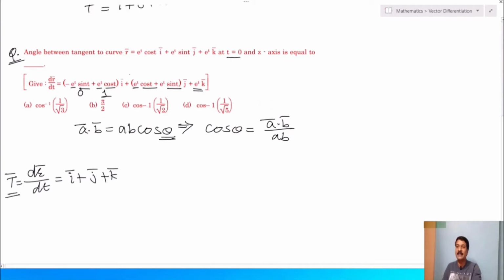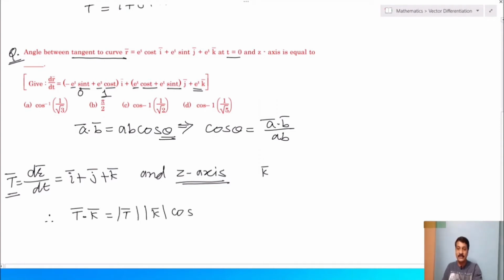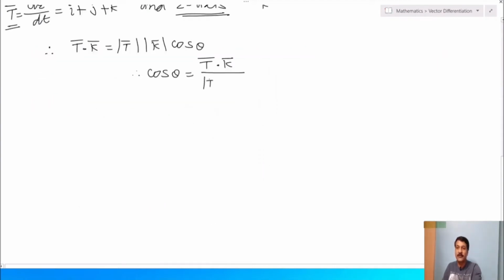Okay, so this is one vector that is tangent to the curve. We want the angle between the tangent to the curve and the z axis. So what is the z axis? The vector along the z axis is nothing but k bar, right? And therefore I want to find the angle between them. So t bar dot k bar equals magnitude of t bar, magnitude of k bar into cos theta. Therefore cos theta equals t bar dot k bar upon magnitude of t bar and magnitude of k bar. So what is t here? It is nothing but (i plus j plus k) dot k bar, whole divided by